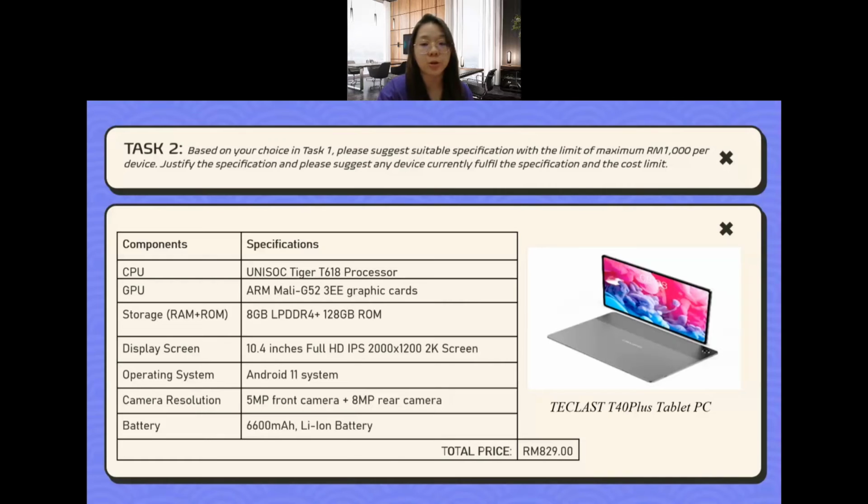The chip is produced by a 12 nanometer process lithography and its cache memory is 128 kilobytes. It is responsible for working with graphical data. And besides that, for storage, this tablet has 8 GB LPDDR4 RAM memory with 1600 MHz memory frequency